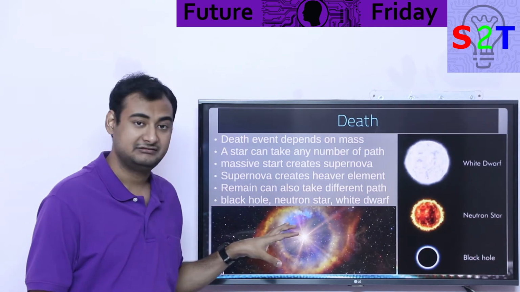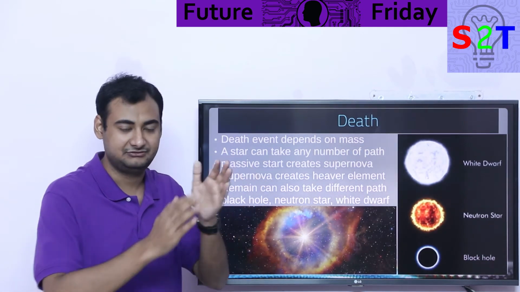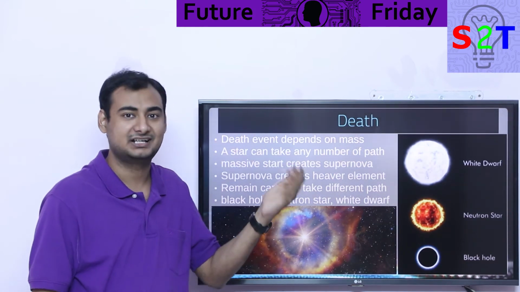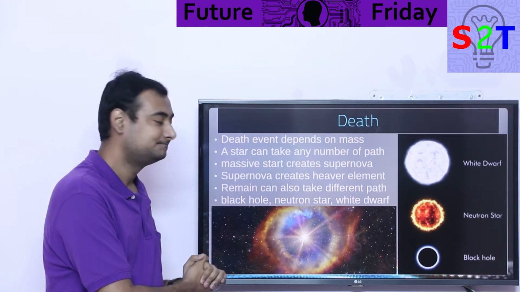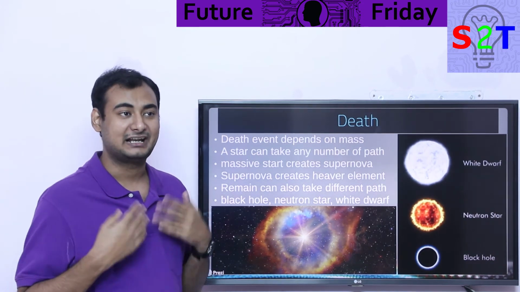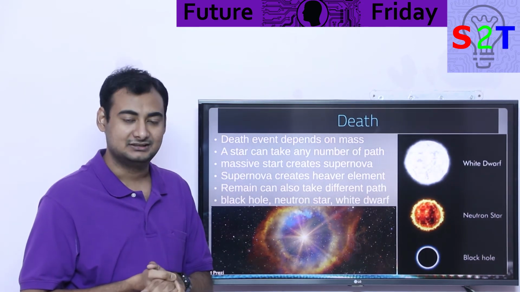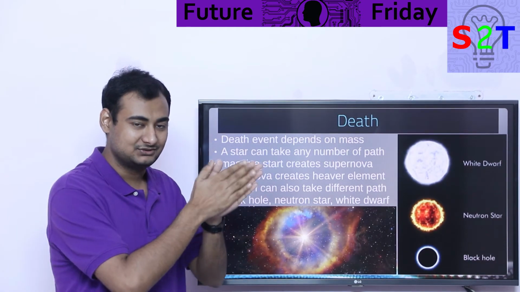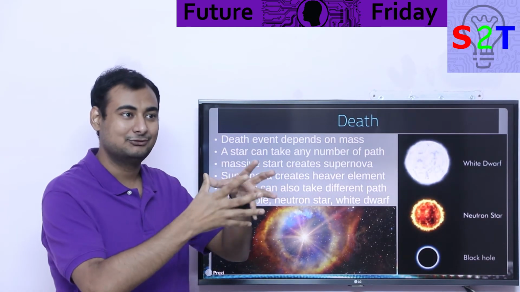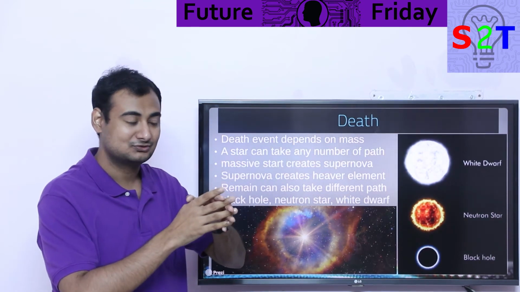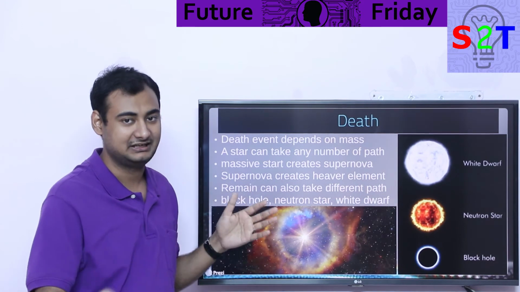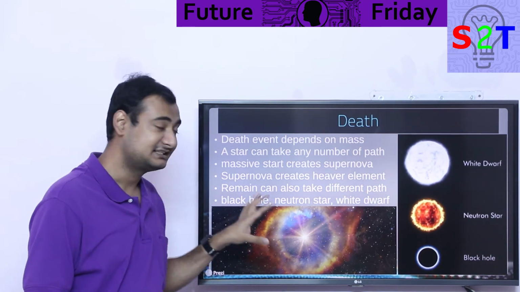So this supernova event creates heavier elements. If you are familiar with the periodic table, you know for a fact there are things heavier than iron. Where the heck are they coming from? Supernova. And that's why we know life could not have originated very early on in the Milky Way, or in this universe, because you have the Big Bang. After that, you have to wait for big stars to form, and then go boom as supernovae, and then they enrich this universe with heavier elements in the periodic table. So that's how it's created.